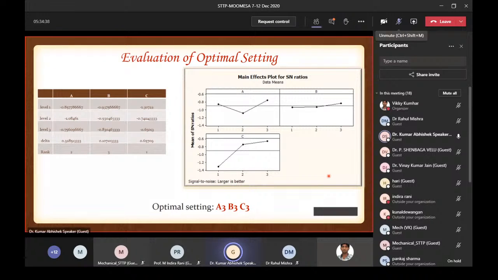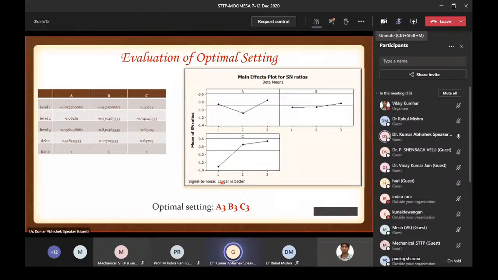रेशियो में, और जो सिग्नल टू नॉइज रेशियो है, इट इज ऑलवेज बी कंसिडर्ड एज द हायर वैल्यू ऑफ द सिग्नल टू नॉइज रेशियो इज द प्रिफरेबल। You have to choose the highest value of the signal to noise ratio। ठीक है, आपको हाईएस्ट वैल्यू ऑफ सिग्नल टू नॉइज रेशियो को चूज करना है, चाहे यहाँ पे स्मॉलर इज द बेटर क्राइटेरिया ही क्यों ना हो। ठीक है, लेकिन वंस जब आपने क्राइटेरिया को जो आउटपुट रिस्पॉन्स है उसको सिग्नल